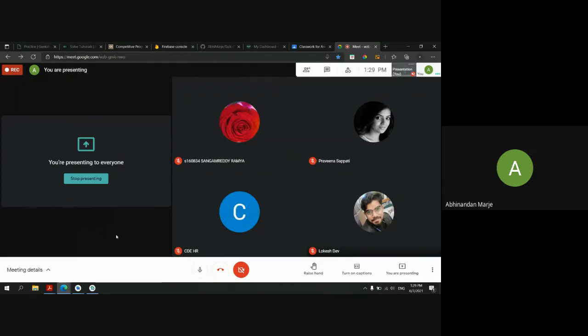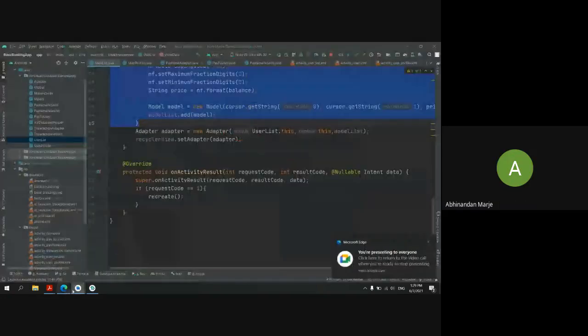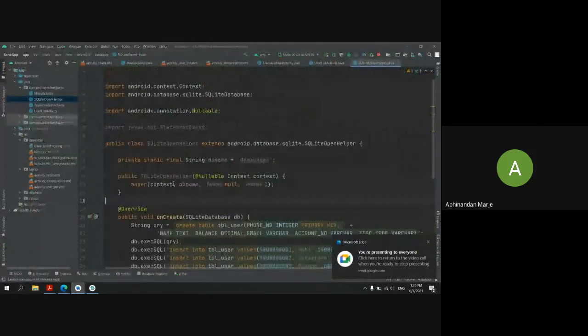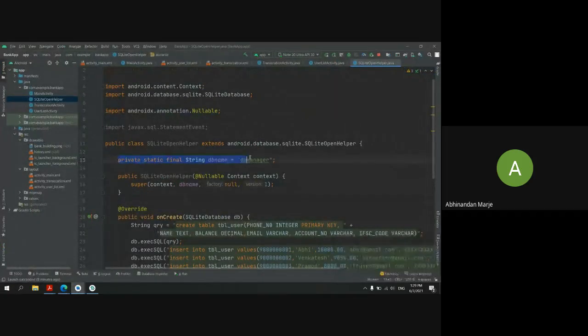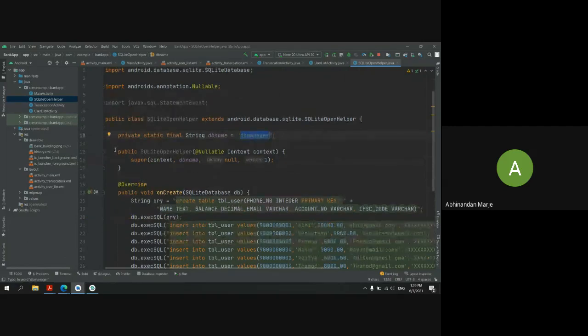Hello, am I audible? Yes, sir. So the next thing I want you to create is this database. Give a name to your database, and keep it as final, because you don't want to change the database name anywhere else in our app. I want to use the same name. Then I want to create a constructor, and in this constructor I will mention our name and the version by ourselves. I will not be passing the data from other places. So just cut all the parameters from here. Only keep the context and give your database name and the version.